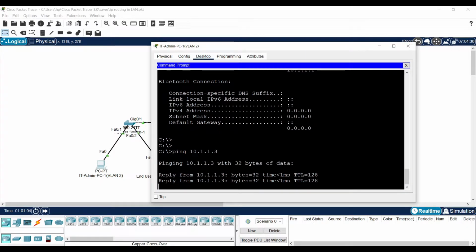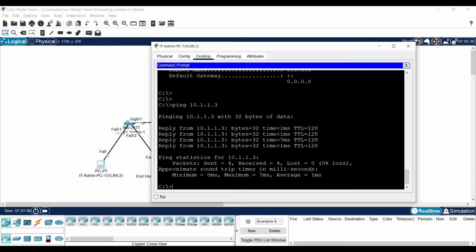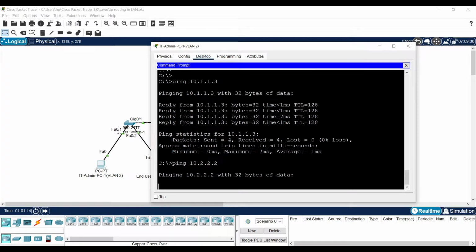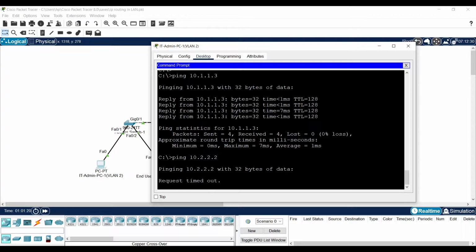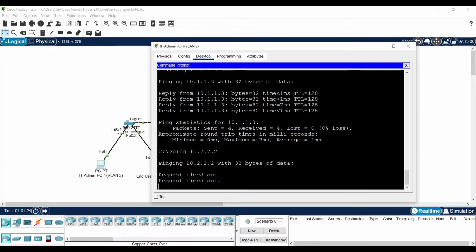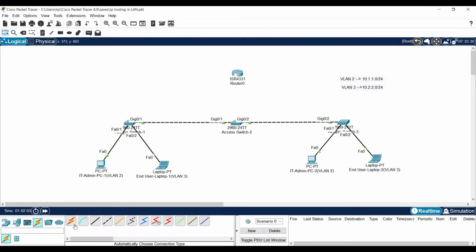I'm able to reach a device within the VLAN, within my network. Let me ping another device which is in a different network. I cannot reach it. Okay, now let's connect the cable.